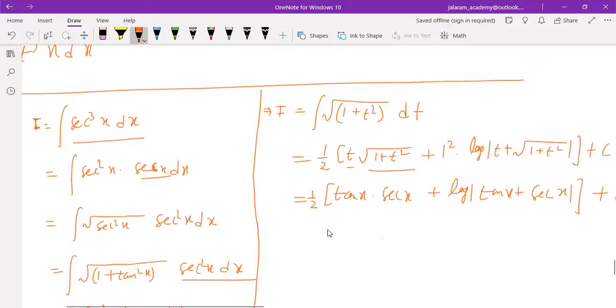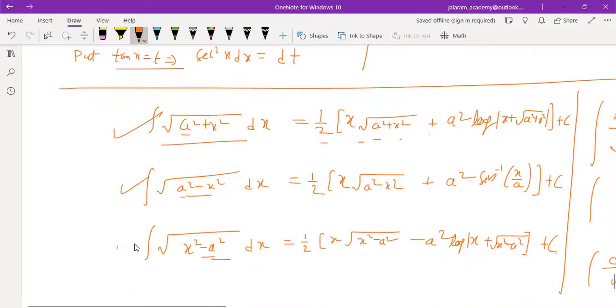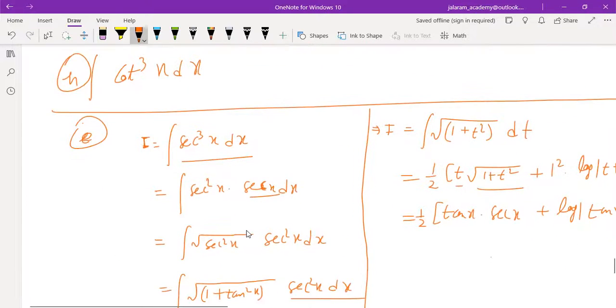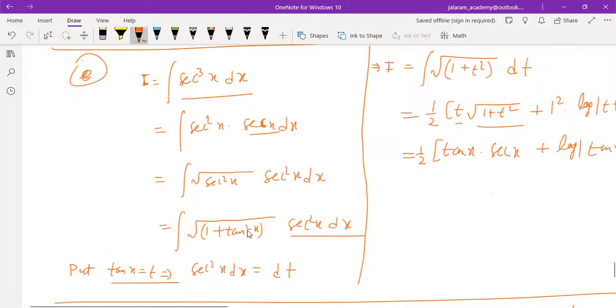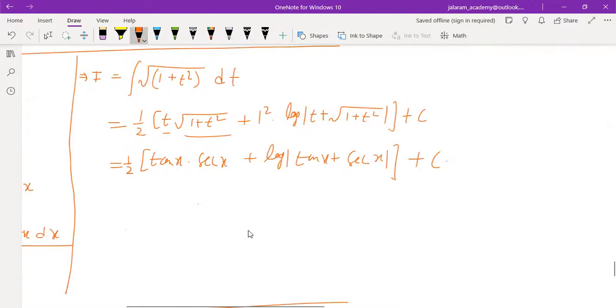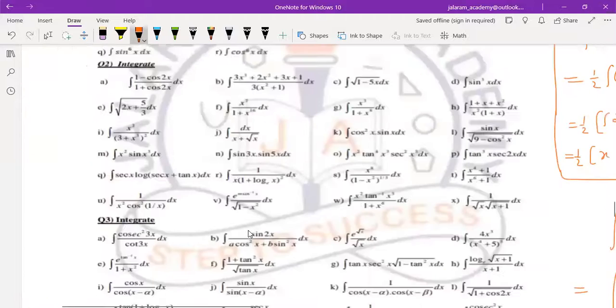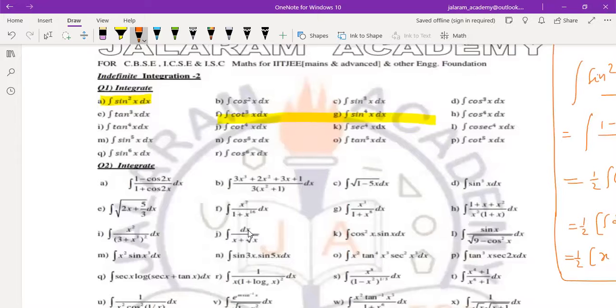Similarly, you can find the integration of cosec cube x also using these three formulas. Otherwise, you cannot find it by the other method. And there is one more method, integration by parts, which we will discuss after learning all the formulas which we have studied till now. And this is the end of the formulas of integration. Now we will learn the techniques of integration in the next sessions. But first of all, you have to start with this sheet only. Hope you must have understood these questions and will use these methods of solving the integration of trigonometric functions.